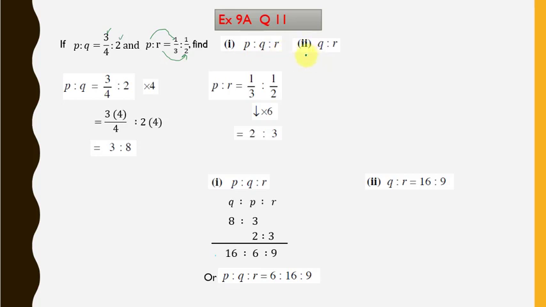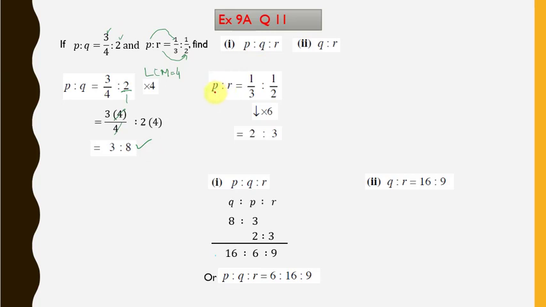Now before solving this question, first of all we will try to remove these fractions which are given in this question. How do we do it? Simply take p is to q, which is 3 by 4 is to 2. You can write 2 upon 1, and look at the denominators, we have 4 and 1, so our LCM is 4. So multiply the 4 with both these values. 3 times 4 over 4, the 4 is cancelled, we have 3, and 2 times 4 we have 8.